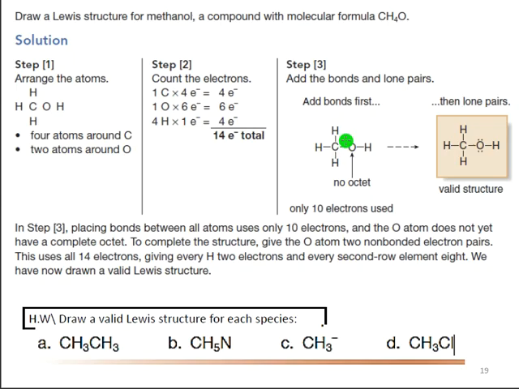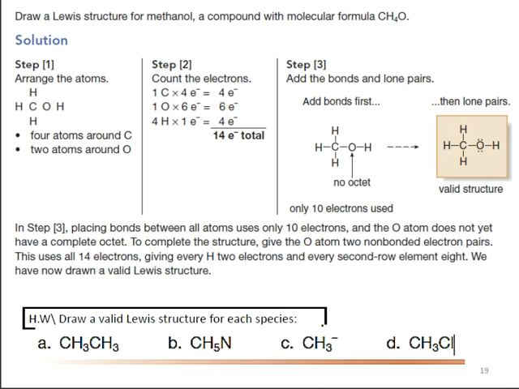Can we put the 4 electrons on the oxygen? Yes. Why? Because here we have 1, 2, 3, 4, and the oxygen needs another 4 electrons to be in the octet rule, to have 8 electrons. That means the remaining 4 electrons will be on the oxygen atom like this, and now our structure is right. Now this is homework for you. Try to draw the Lewis structure for this